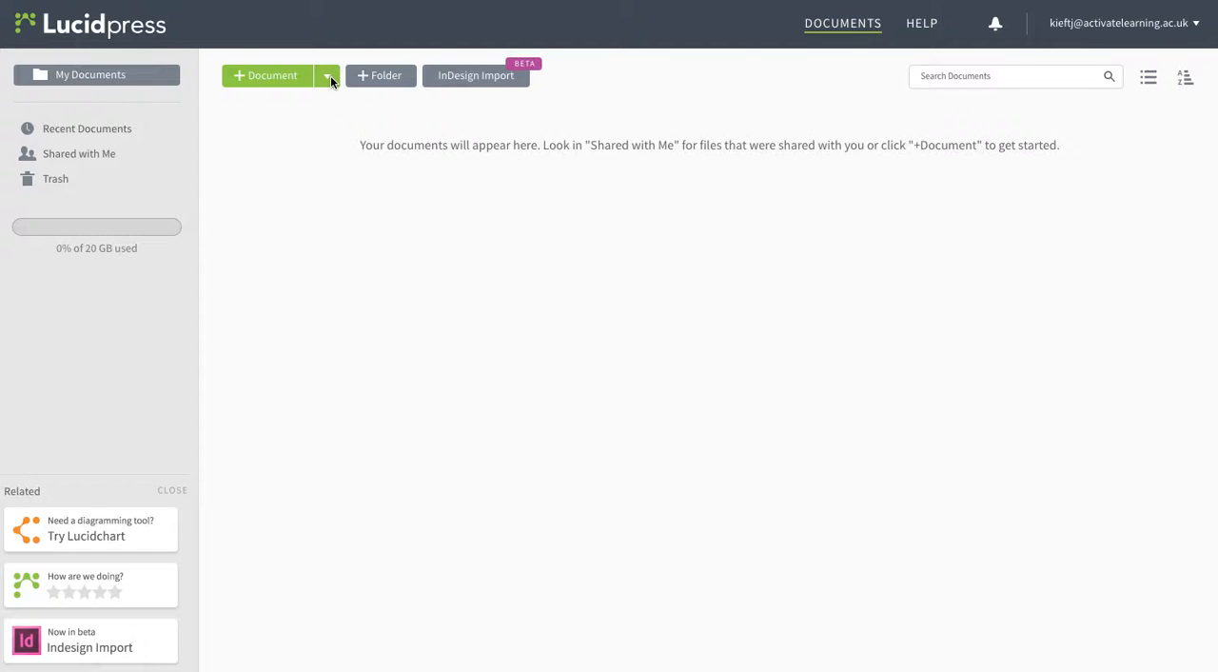So we're going to create a new document. You can log in using a Google account or an email. As with a lot of these services, there is a free option and then various premium options depending on what you want to do. So I'm just going to use the free version here. So we'll click on the drop down by document